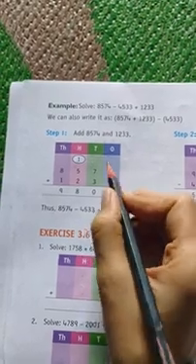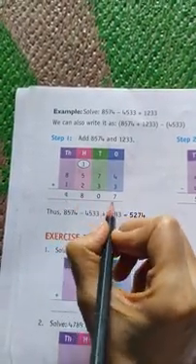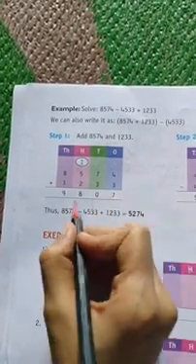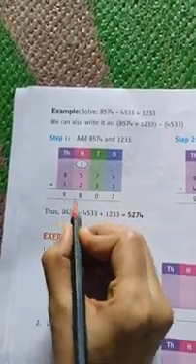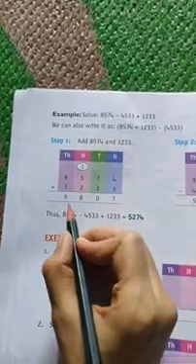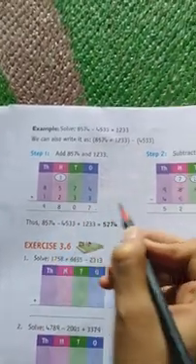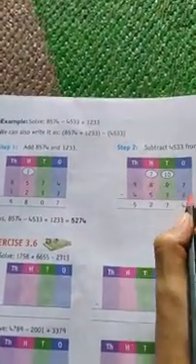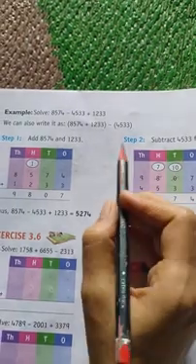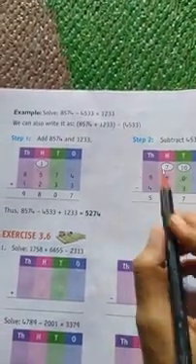1233. So we have arranged those numbers in the place value chart column, and then we have made the addition over here. So what is the answer of that addition? 9807. After that, with the help of this answer, we will take this answer as our first number, and from that we will subtract this number, that is 4533.